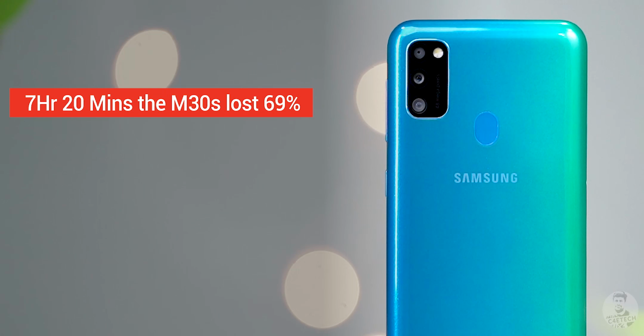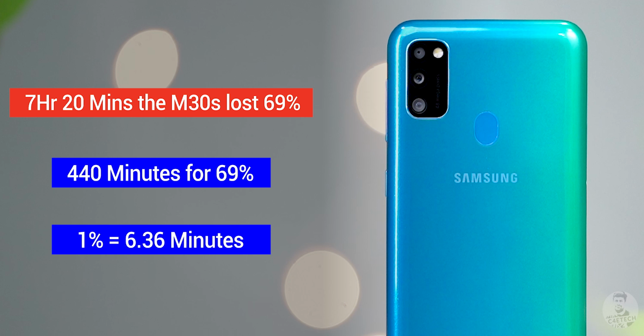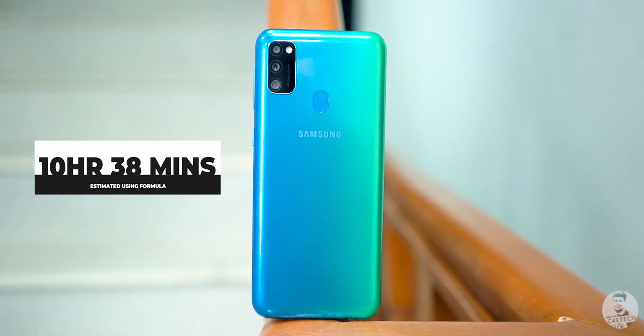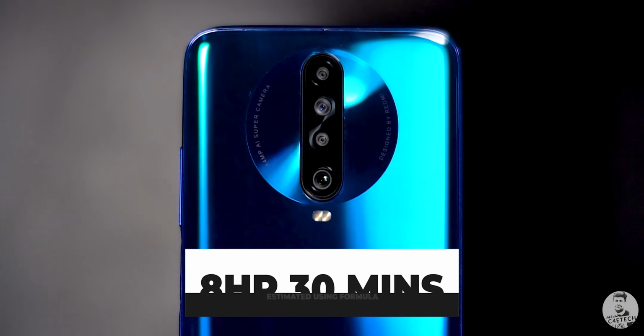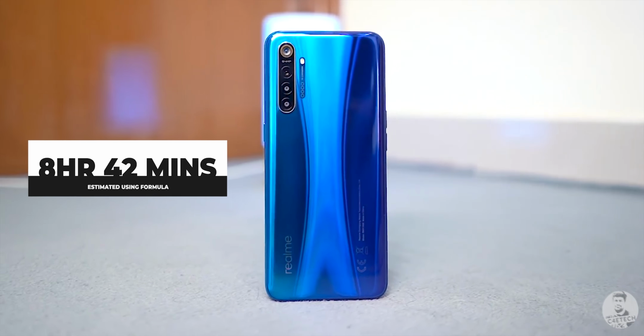same formula. So approximately 7 hours 20 minutes in that time, the M30s lost 69% battery, right? So that's 440 minutes per 69%, which means approximately 6.36 minutes per percent. Doing the math, the M30s should lose 100% battery in 10 hours and 38 minutes. Applying the same formula for every other phone, this is what we get. The K30 loses 100% battery in 8 hours 30, Realme X2 8 hours 42, the Note 8 Pro 9 hours